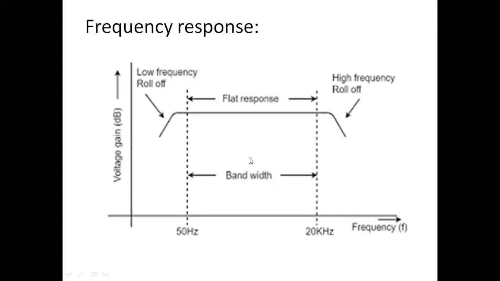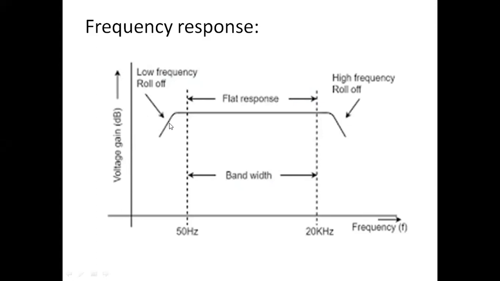The RC network is broadband in nature. Therefore, it gives a wide frequency response without any peak at any frequency, and so it can be used in AF amplifiers. If you observe the figure, we can have a broad frequency response at mid-range of frequencies. We can get a flat frequency response without any peak at any frequency. Hence, this type of coupling is used in audio frequency amplifiers. However, its frequency response drops at lower frequencies as well as at higher frequencies.